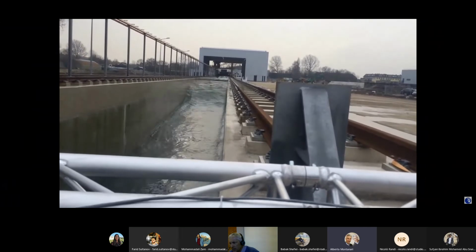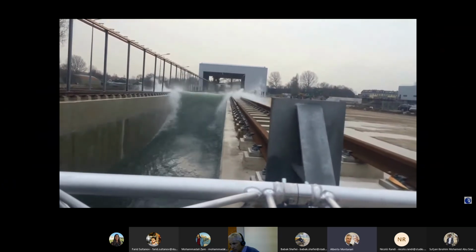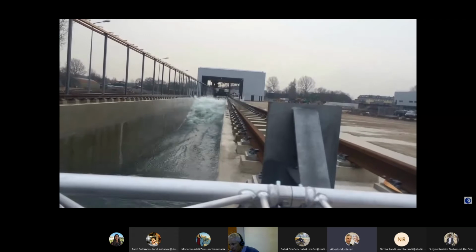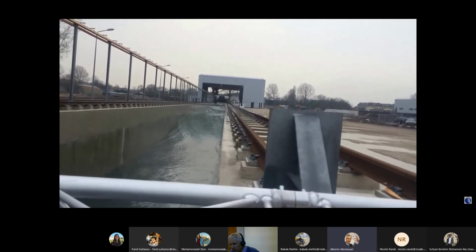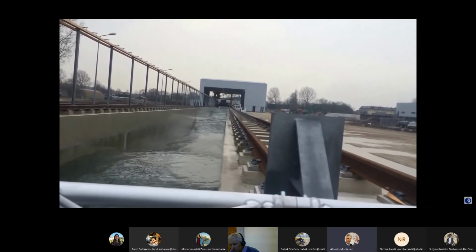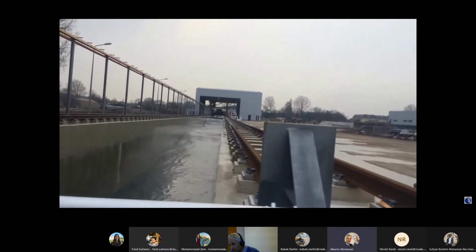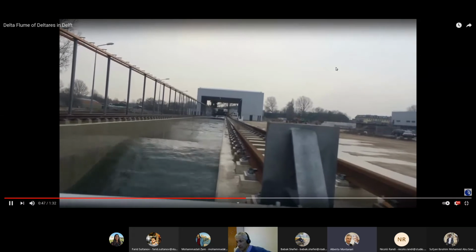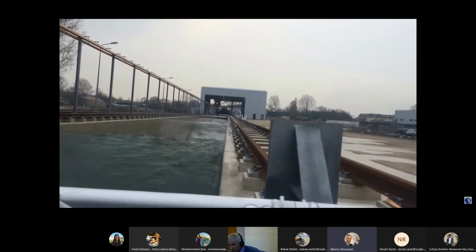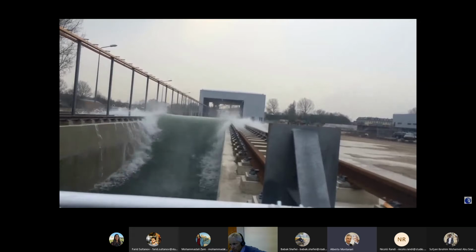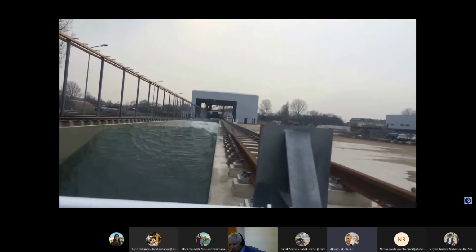And you see on the other side there is a barrier that is partially reflecting the waves, and you see that they are breaking because they reach the full height of the wall. And this is a nice example of a small-scale experiment. But of course, you see that even if it's a small-scale one, the facility that is required is an important facility. It's something huge. And as I said, they also have nearby a pool, which is used to